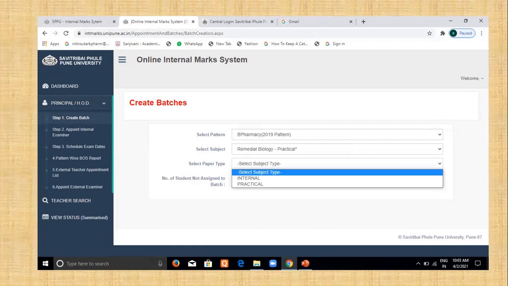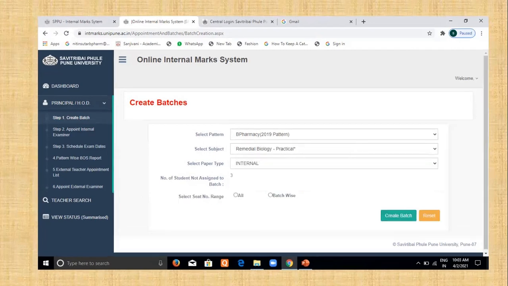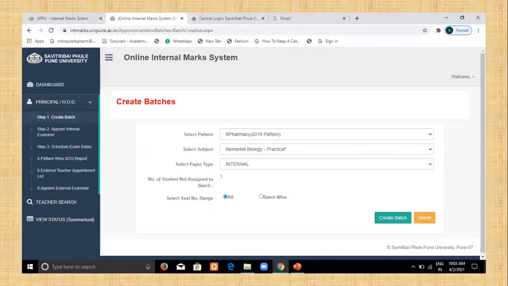Then we select the paper type, internal or practical. First of all, we see internal. Then I click on internal. On internal, there are three students observed. Okay. Then I click on all. Then I click on create batch.